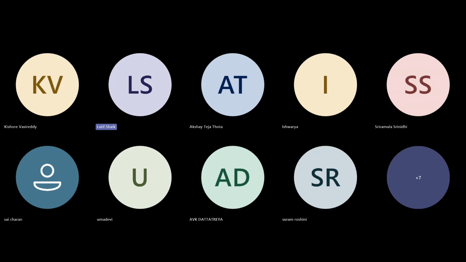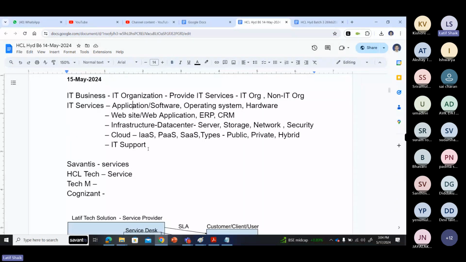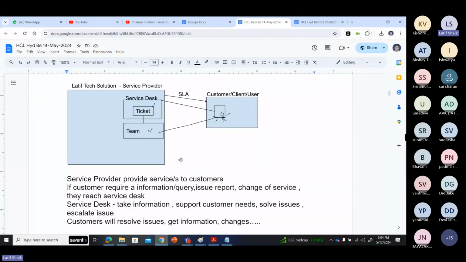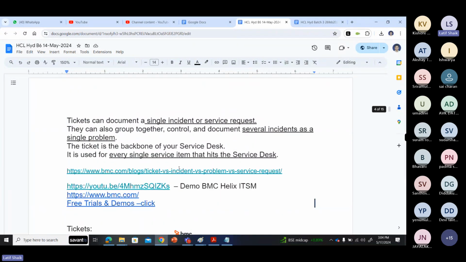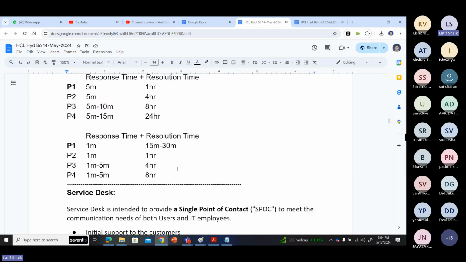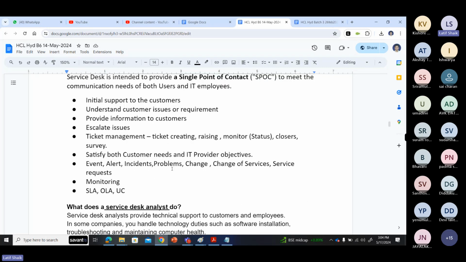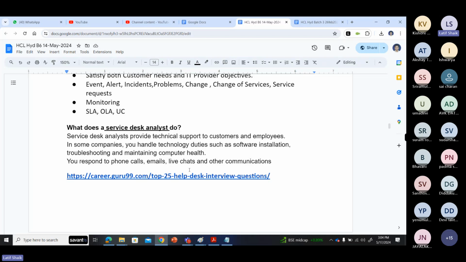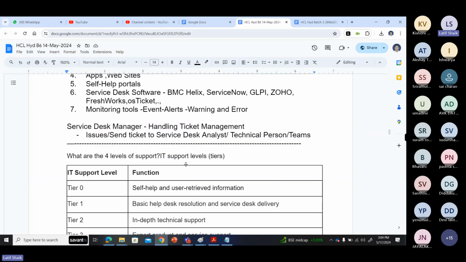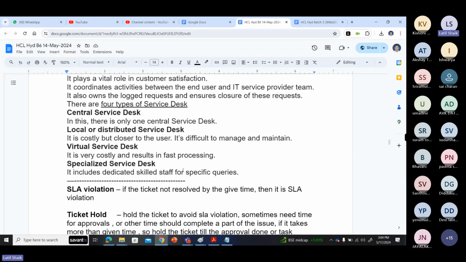Okay, so this is your notes, batch 6. So what we have discussed about IT businesses, IT services, service desk, customers, ticket, types of priorities, the timelines based on the response and resolution times, and what is the service desk, what is the use of service desk, what is the function of a service desk, and as a service desk analyst, how to reach a service desk, what is SLA, OLA, UC,